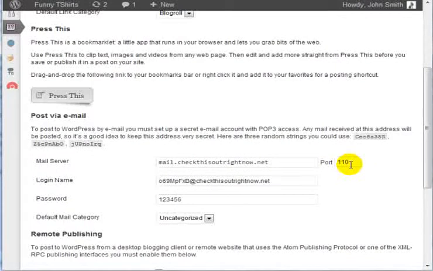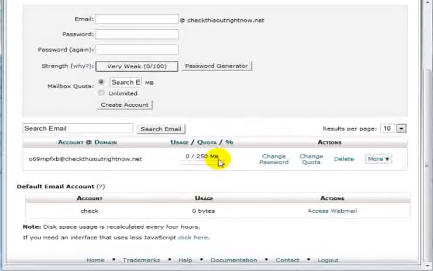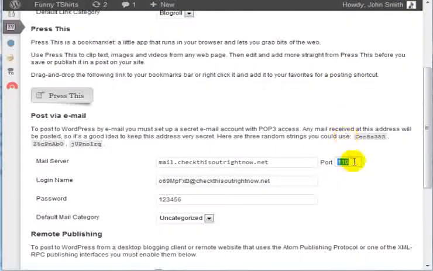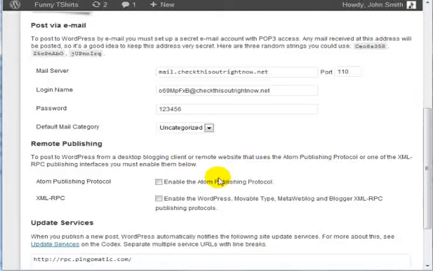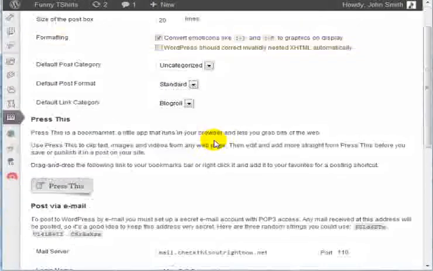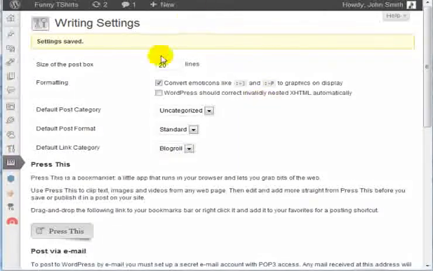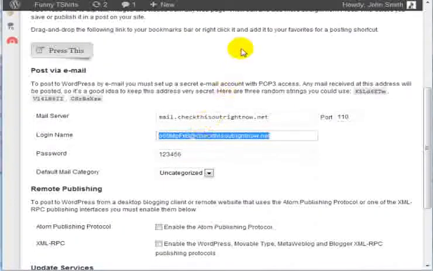And then I'm going to set the port number at 110. Now under cPanel it tells me to set it at 25. However, I'm finding that port 110 for me is what I need to use. And if you use this and it doesn't work, you'll need to contact your web hosting company to find out which port number you need to use. So when I enter this information here and I click on Save Changes, the next step is to send a test email to this address here. So I'm going to use Gmail,